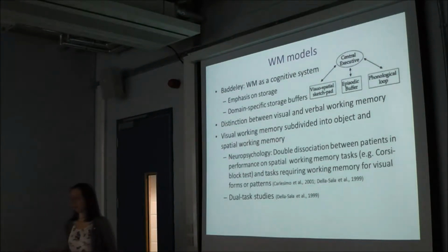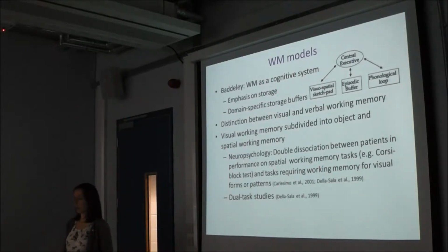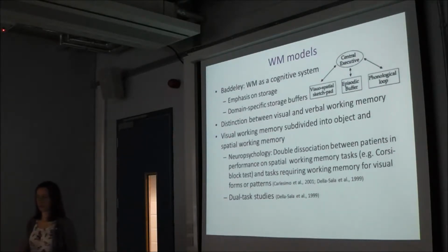And within the visual domain, which I'm going to focus on here, it's been subdivided into working memory for object-based information or spatial information. So in neuropsychology, there have been double dissociations between patients who are impaired at spatial tasks, but they're fine at tasks that require working memory for visual identity or patterns. And then the opposite has been observed in other patients. And also in healthy people, people can do dual tasks, so they can perform two tasks at the same time, provided that they tap into different systems. So if one is visual and one is spatial, then they can perform those tasks at the same time without any detriment to performance on either task. So there's evidence from behaviour that